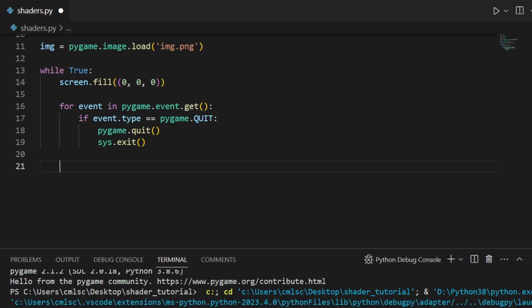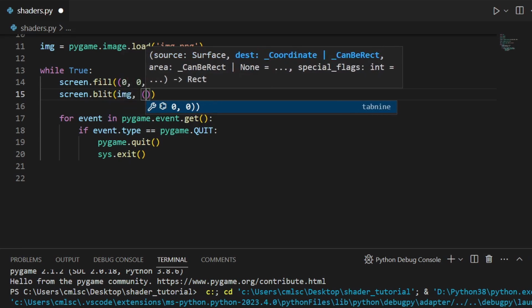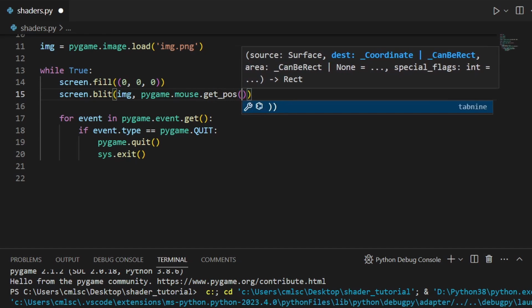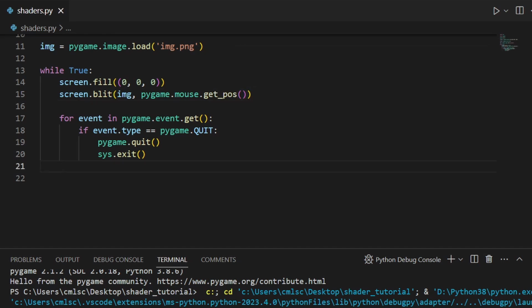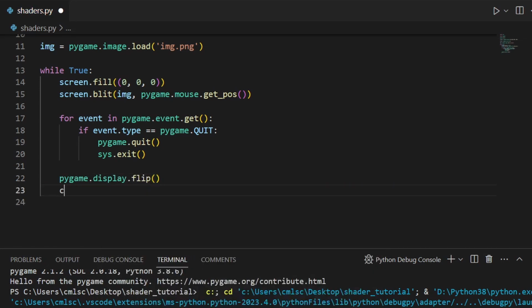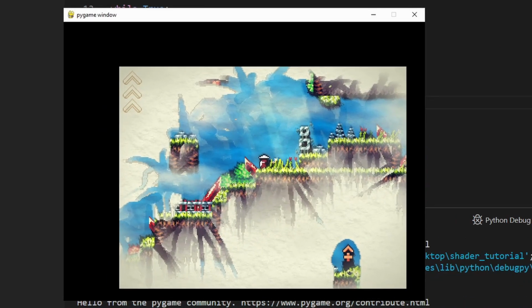And then let's do a screen.blit image at pygame.mouse.get_pos. So we'll just render our image where our mouse is, and then we can do pygame.display.flip, and then clock.tick(60). All right, so we should be able to run this, and as you can see, we've